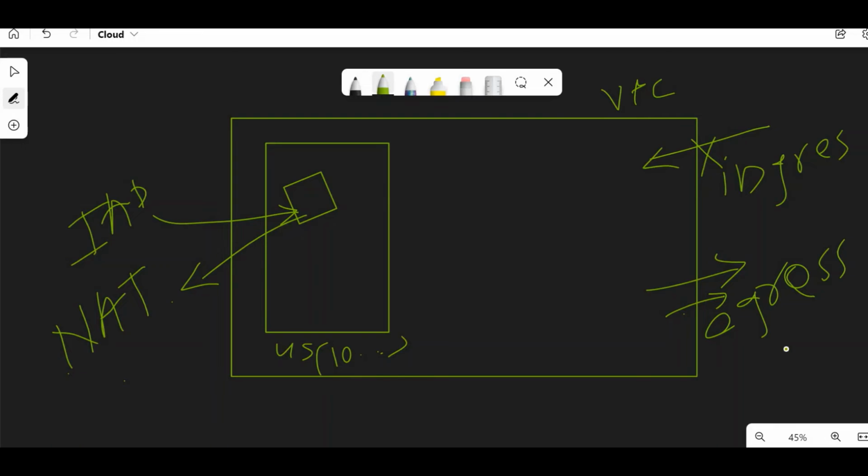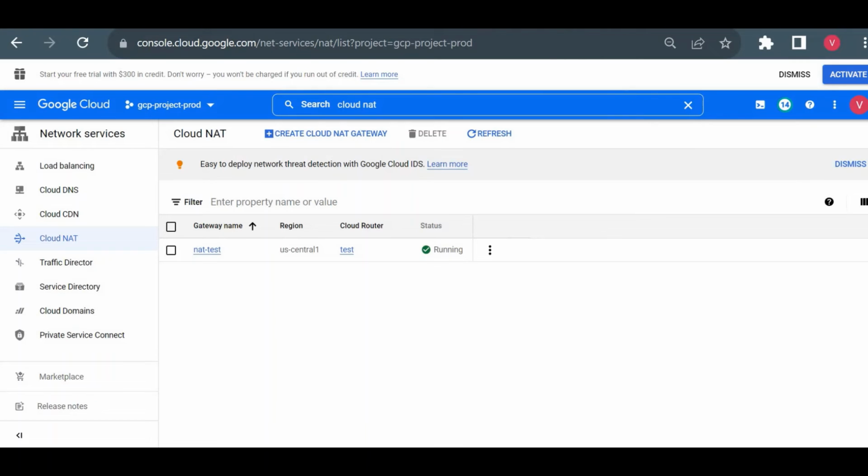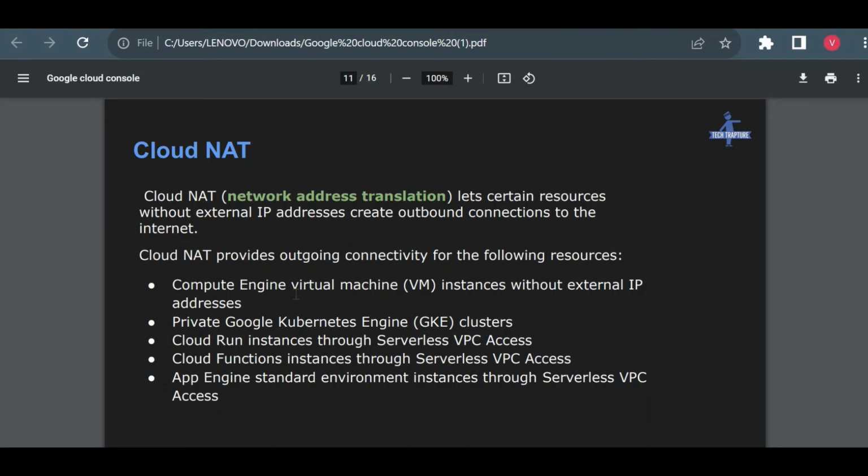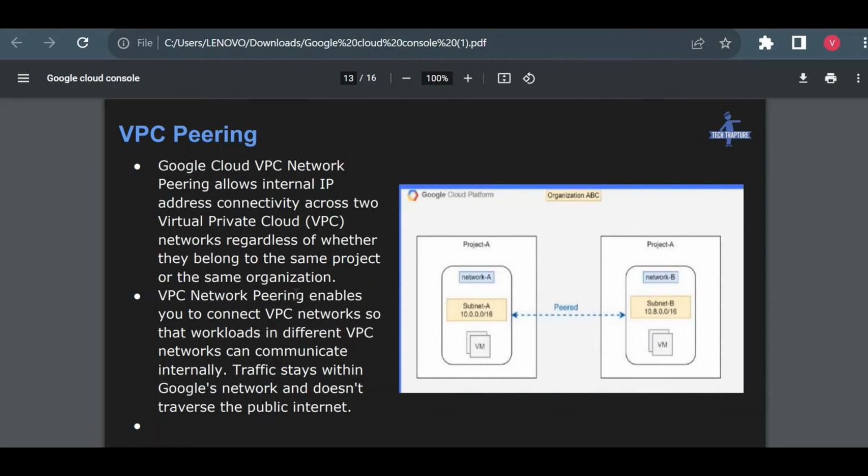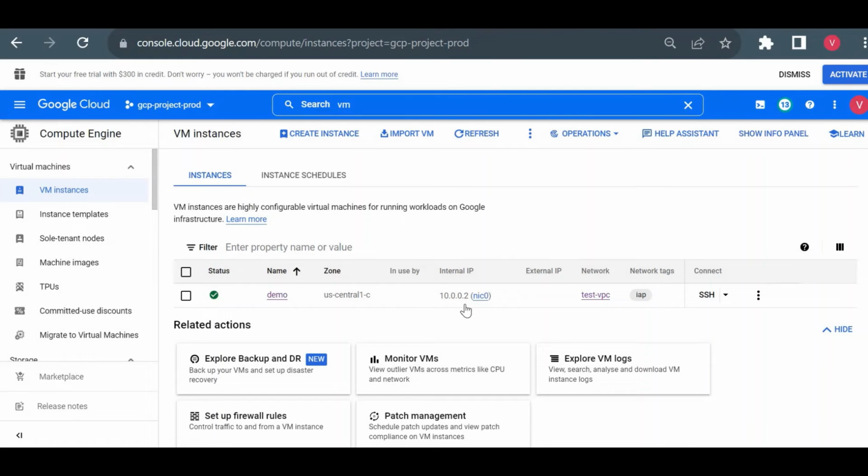Okay. Now we'll see what else we have in Google Cloud networking, which is very basic. Now we'll see what VPC peering is. As we have seen here, we have two IP addresses for our virtual machine. One is the internal IP address, another is the external IP address. Now if I create one more virtual machine here,